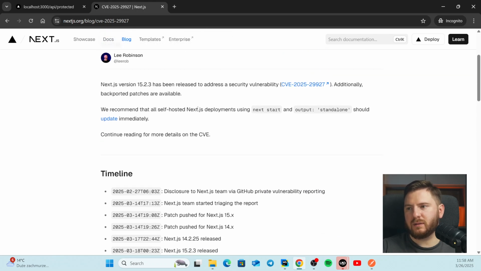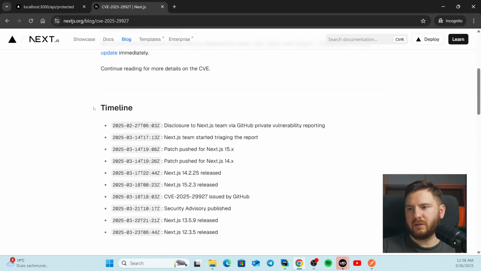They have written in their article that they have already fixed it, and there is a timeline of this issue. It actually happened February 27th. The disclosure to the Next.js team was done, and then they started to fix the vulnerability. They pushed it to the latest Next.js version, which means that if you run the latest Next.js 15 version,